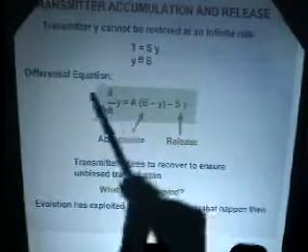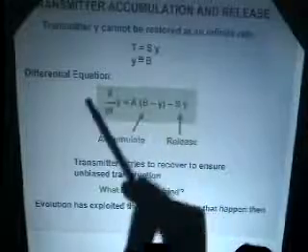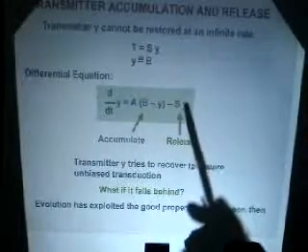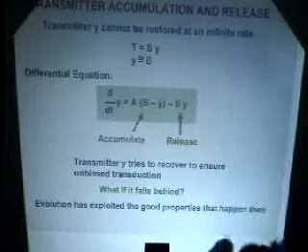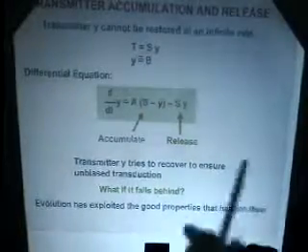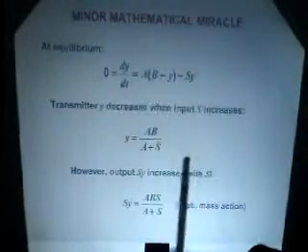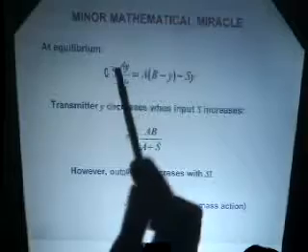One of the key features here, in fact, this is the very equation that Larry derived from his cortical data and confirmed all the properties that had been used for 30 years with this kind of equation. So that's a marker if you're not aware of that. Okay, so there's a minor mathematical miracle here, because if you let this go to equilibrium and set the rate